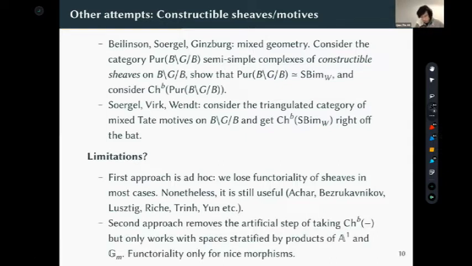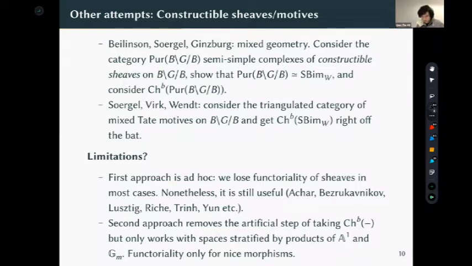So the second approach is very sophisticated, and it removes the artificial step of taking the category of chain complexes on something. But there are a couple of caveats. First, it only works with spaces stratified by products of A1 and Gm. So it's very special. Oh, I also forgot to say that even though the first approach was ad hoc, it